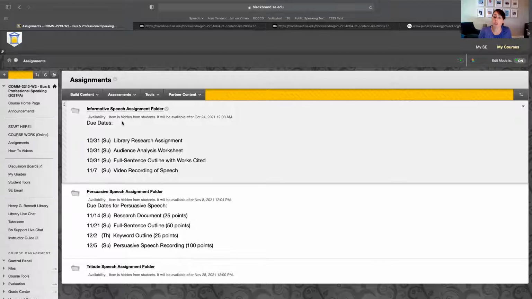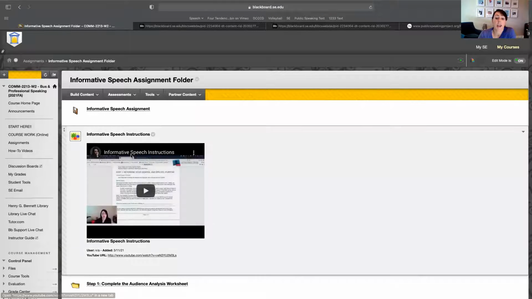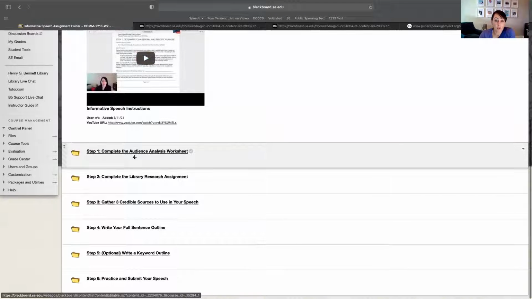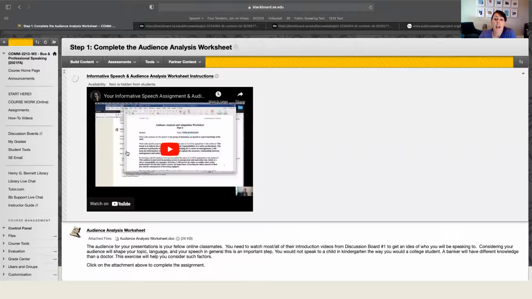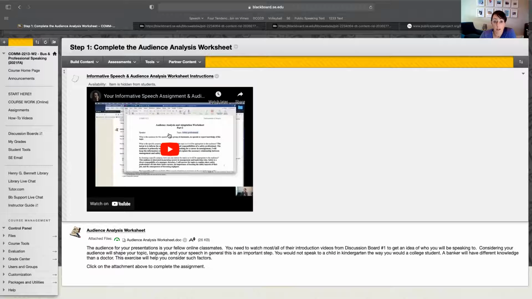So I have all of this information in your weekly folders, but it often happens that students have to redo and resubmit work. And so if you don't want to go back through every week and figure out which week had the instructions for the work that you need to redo, you can always just go to the assignments folder, and it has every single step that you'll need to complete each assignment. Within each step, it will have a video for how to complete that step.